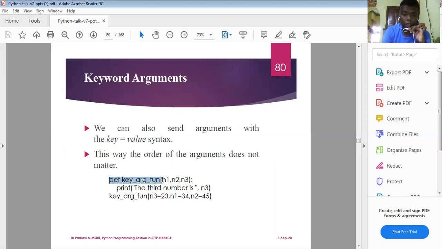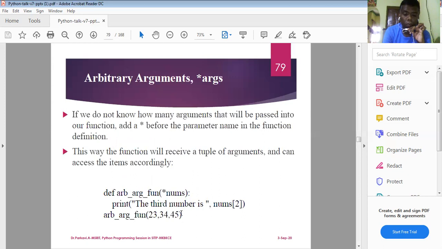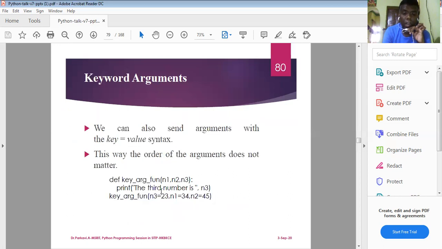So there you take it as n1, n2, n3. Similarly, you have the print statement, that is n3, and you can assign the value like this. There you have taken it as 24, 23, 34, 45. Now I can take it as n1 is equal to 23, n2 is equal to 34, and n3 is equal to 45. So all the variables are having different names, right? If all the variables are having different names, n3, n1, and n2, these are called keyword